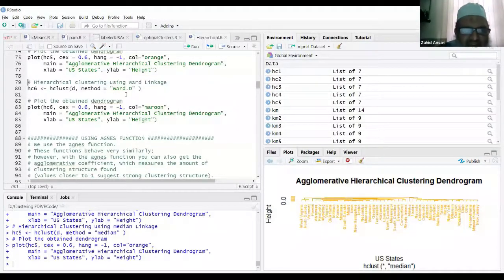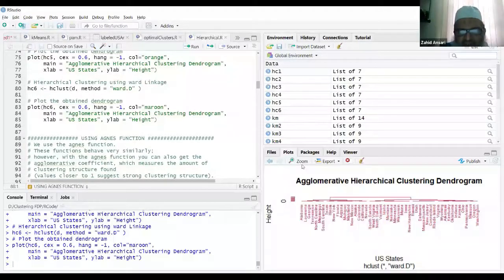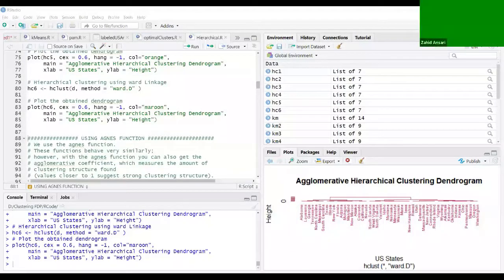As I said, in the Ward linkage, it tries to minimize the sum of the squared error. If we do this using the Ward link, we are getting this kind of clustering over there.